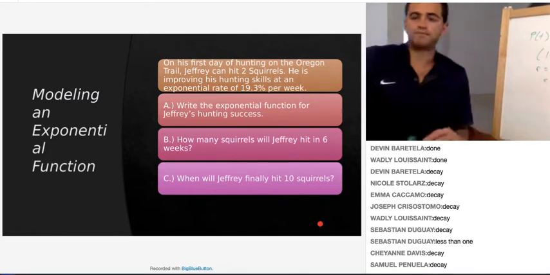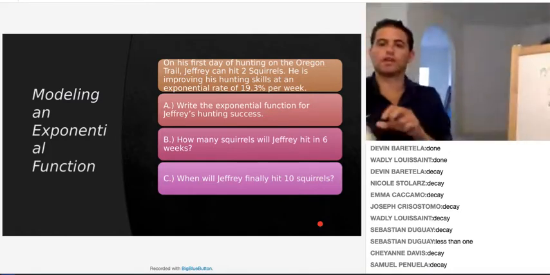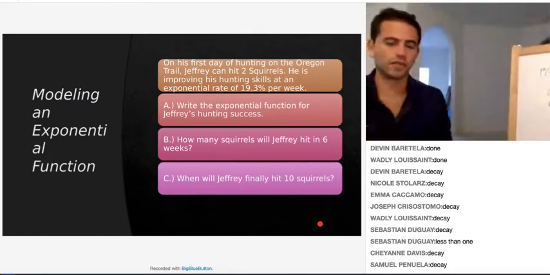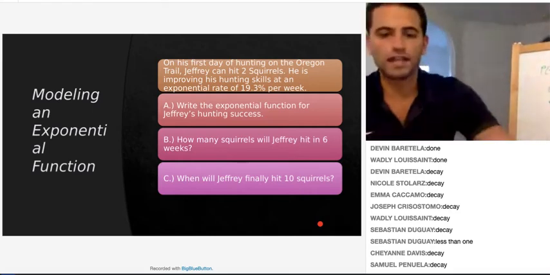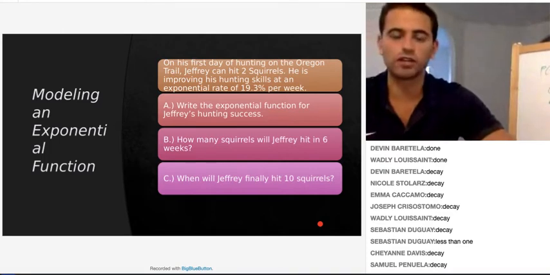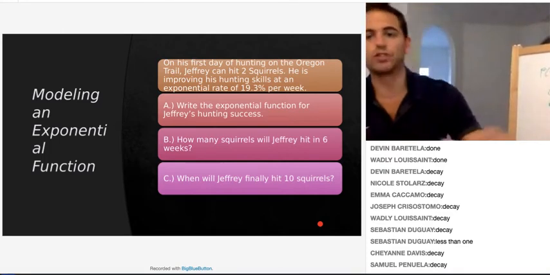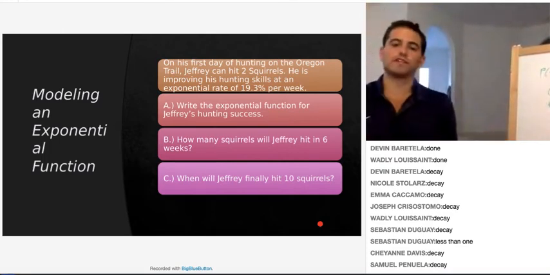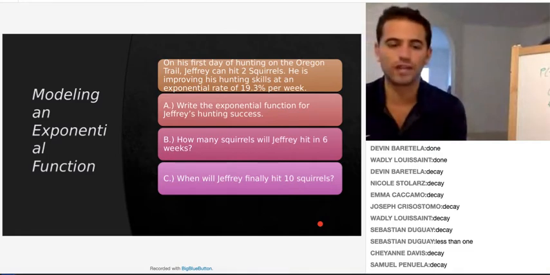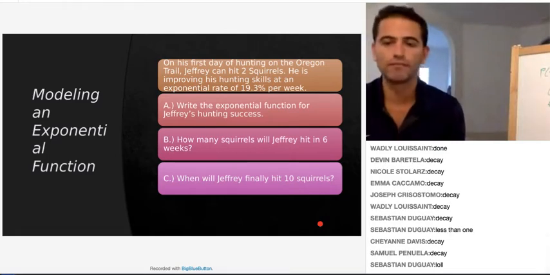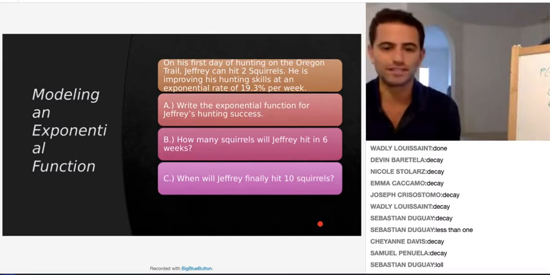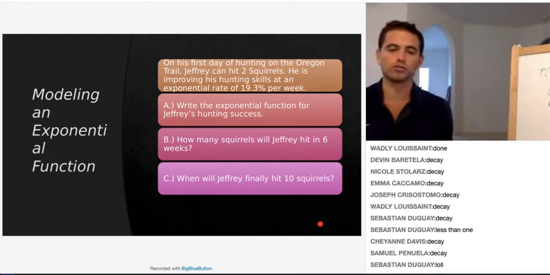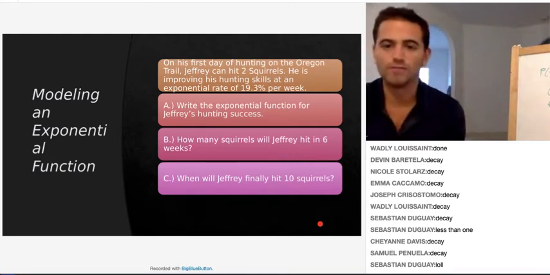Okay, so we have a word problem here, and the title got a little messed up, but let's read it together. It says, modeling an exponential function. On his first day of hunting on the Oregon Trail, Jeffrey can hit 2 squirrels. He is improving his hunting skills at an exponential rate of 19.3% per week. Write the exponential function for Jeffrey's hunting success. How many squirrels will Jeffrey hit in 6 weeks? When will Jeffrey finally hit 10 squirrels? So we have an exponential model, and